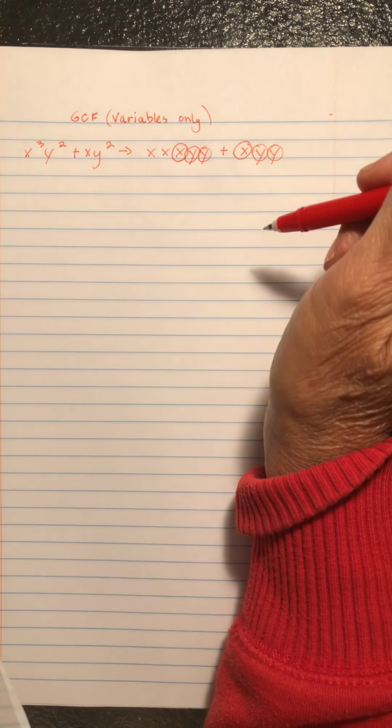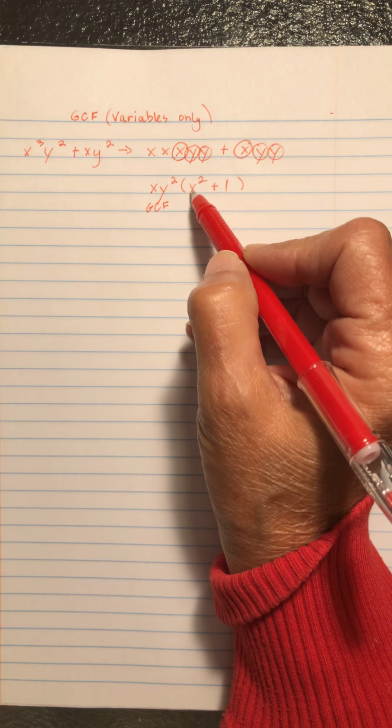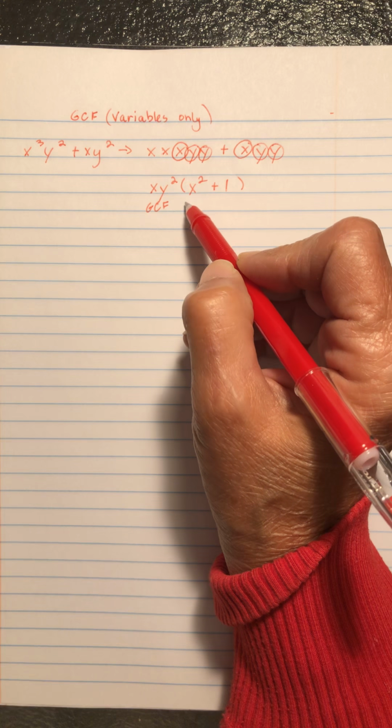And then what's the binomial that's left? Well, I have x squared here, but nothing here. So does that mean I put 0? No, it means you have a factor of 1 remaining. Remember, if you want to work backwards to check your work, distribute this, and you'll see that